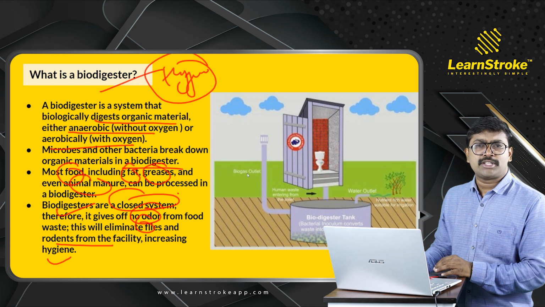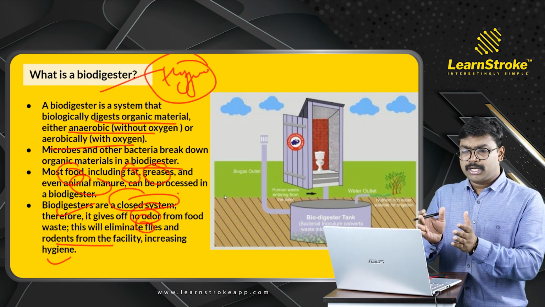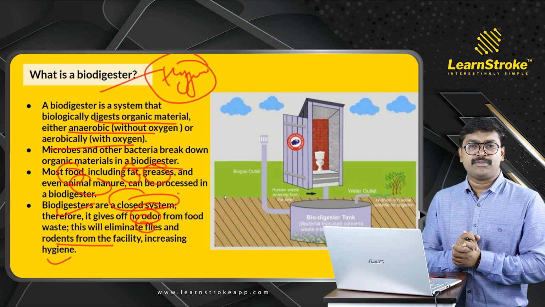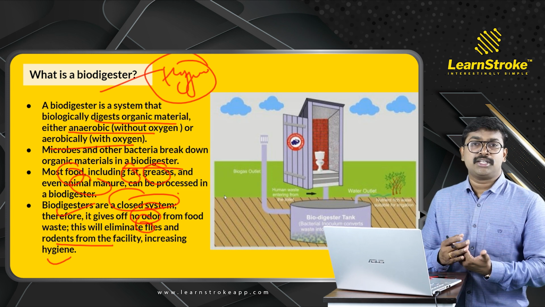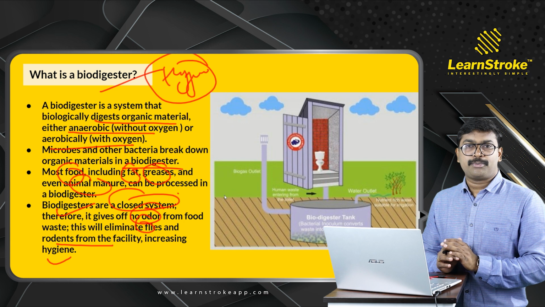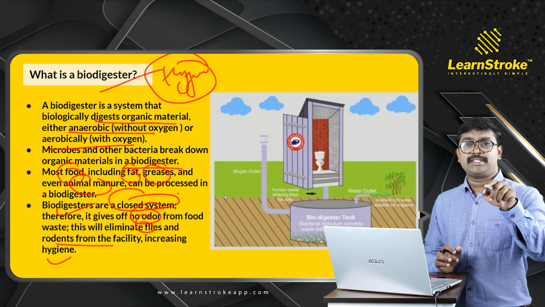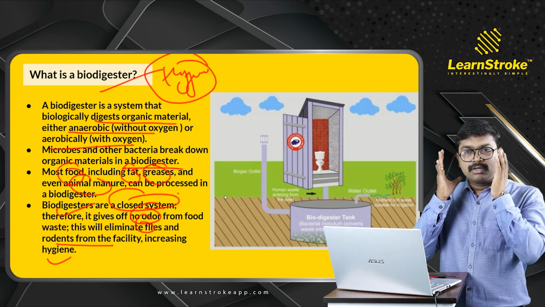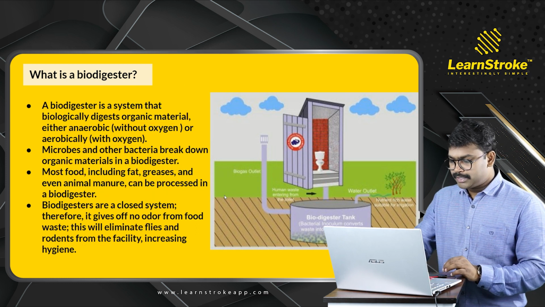When we discuss the concept of DRDO's MK2 technology and biodigesters, it is very important that you know how the biodigester system works and what principles are involved. What can you break down in a biodigester? What are the features of biodigesters? What if you get a question in the prelims: which of the following are features of a biodigester? Which of the following statements regarding biodigesters are correct? So from current affairs, it is our duty to prepare all this. Moving on to the next important area,